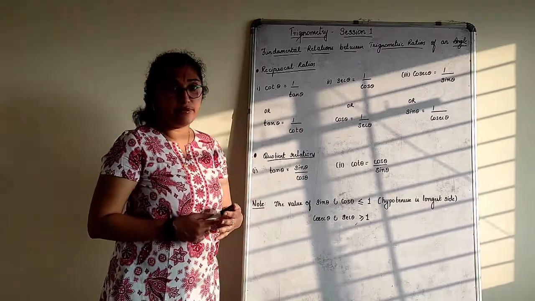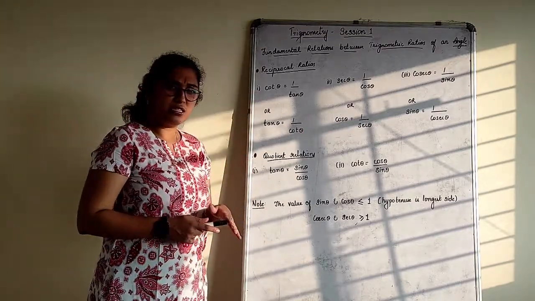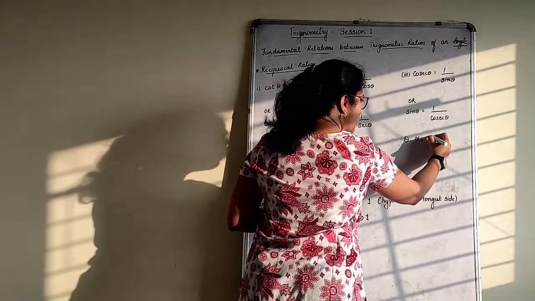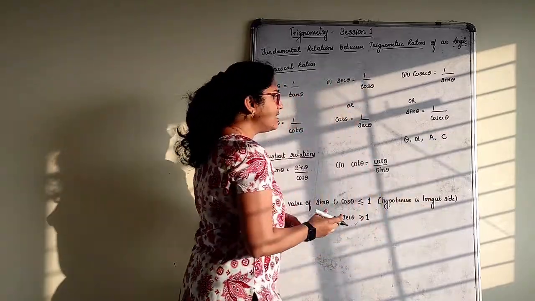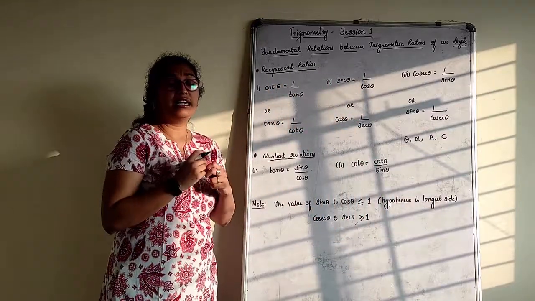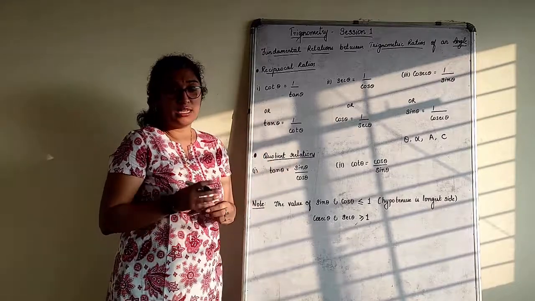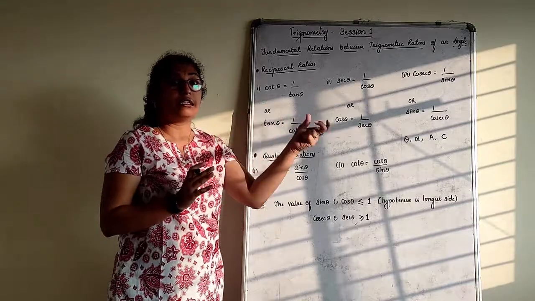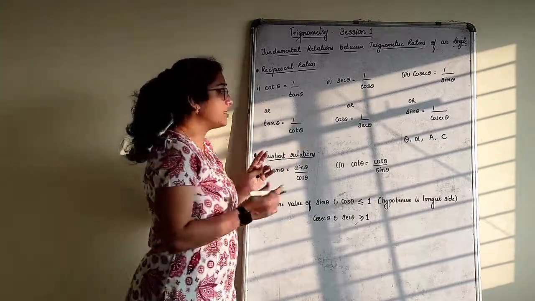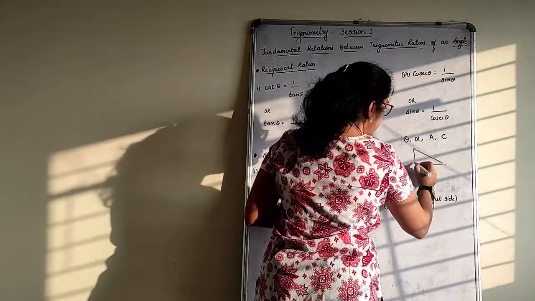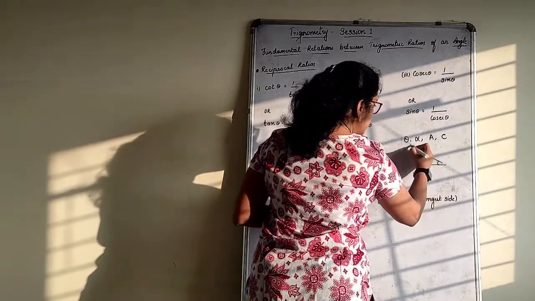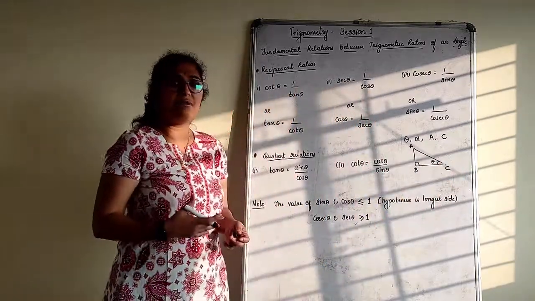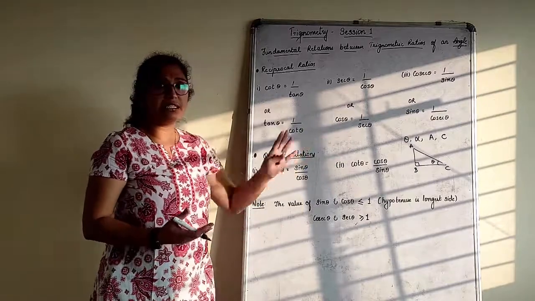Now, reciprocal ratios. When we talk about cot theta, what is this theta? Theta, or say alpha, or any angle A, angle C. These are all angles which define the trigonometric ratios. Sine does not have any value on its own. It is only defined with respect to theta or any angle attached to it. If I talk about any right angle triangle, this is 90 degrees. I represent the angle by theta, or I represent the angle by alpha. That is how I represent the angles.